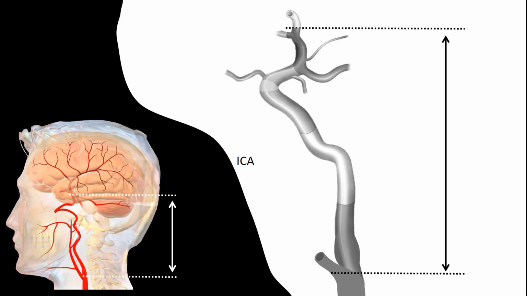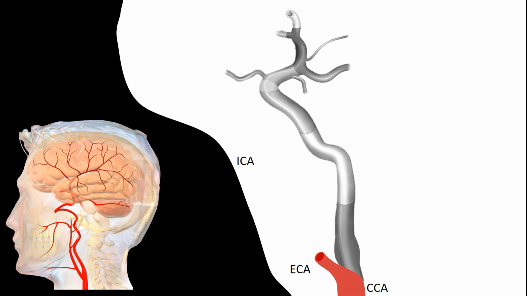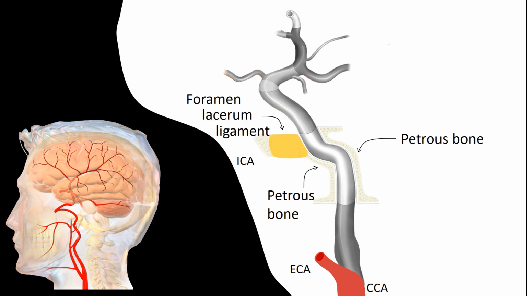We are reviewing the segments of the internal carotid artery. Viewed from the side, the internal carotid artery is tortuous. It originates at the branching of the external carotid artery from the common carotid artery. It travels through the neck, goes inside the petrous bone, passes close to the sphenoid bone, and very close to